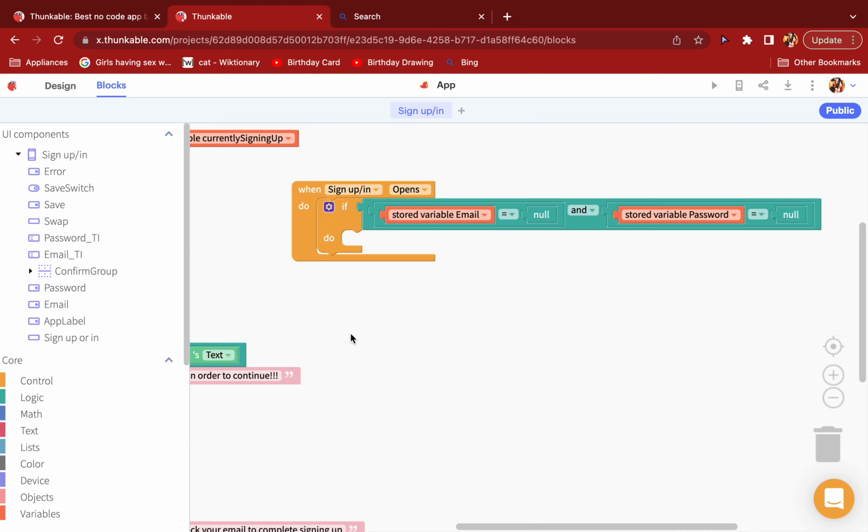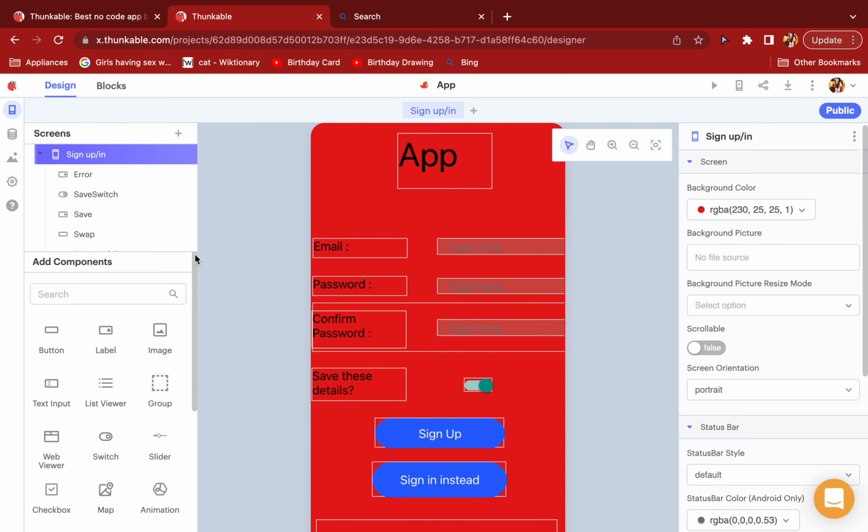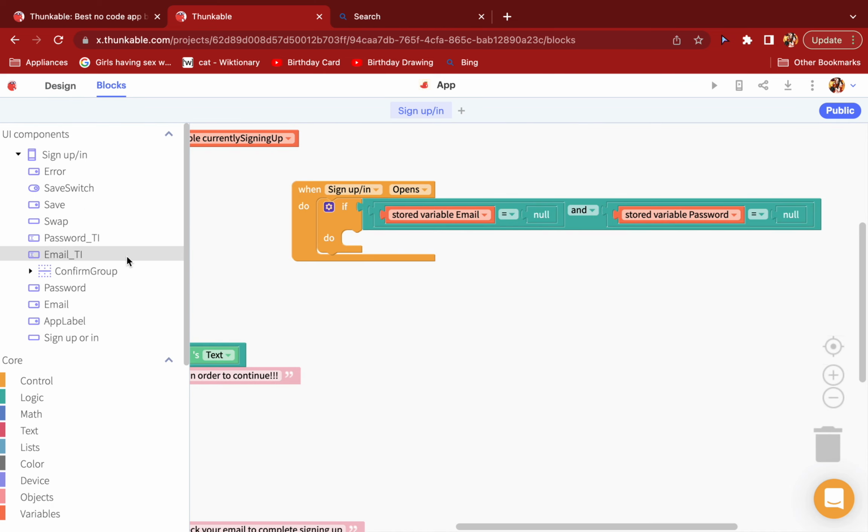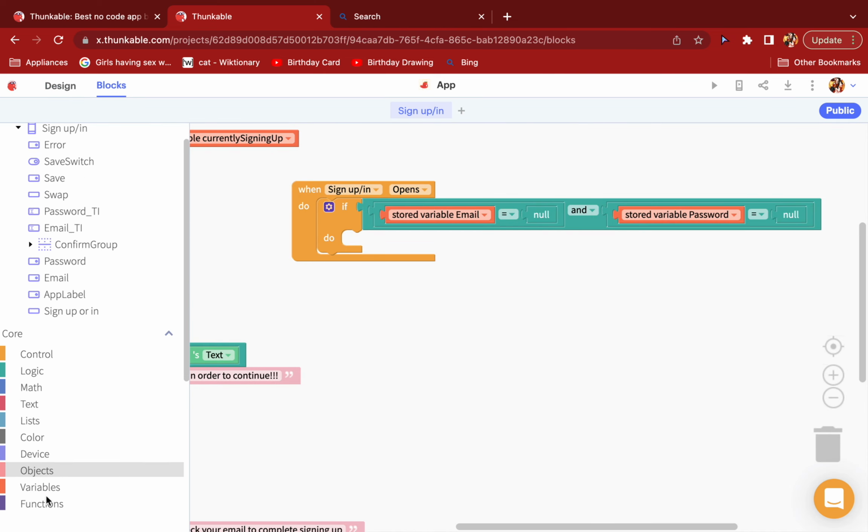Then we're going to set email text input's text to stored variable email, and then we're going to set password input's text to stored variable password. So let's go ahead and do that. Hold on guys, give me a second. Let me check what this name is. Yeah, password underscore TI. So let's go ahead and get,